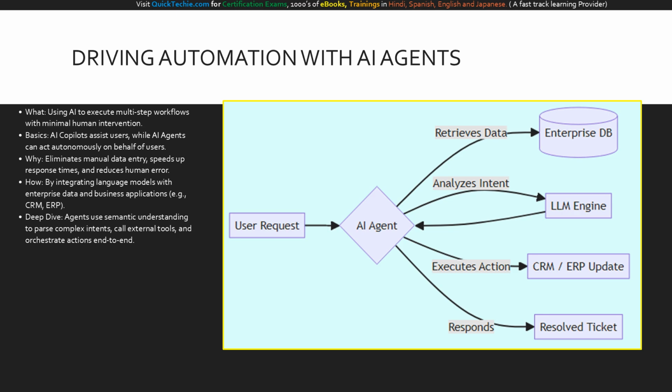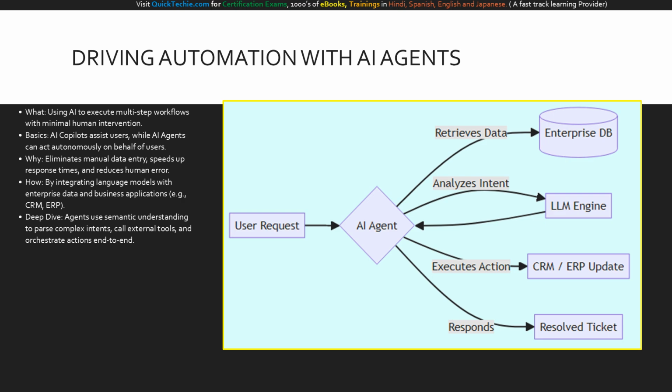How do we identify these opportunities? Look for tasks that are highly repetitive but require a degree of cognitive processing, like invoice processing, contract review, or Tier 1 IT help desk support. The deep dive here is the transition from assistance to orchestration. We are moving from co-pilots that help you write to agents that execute entire workflows on your behalf, governed by the guardrails you set. This sequence diagram illustrates the anatomy of an automated, agentic workflow.